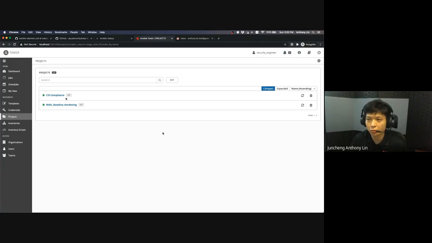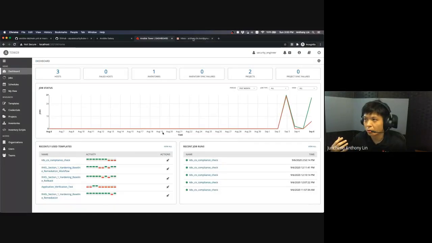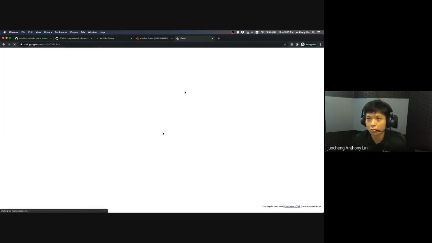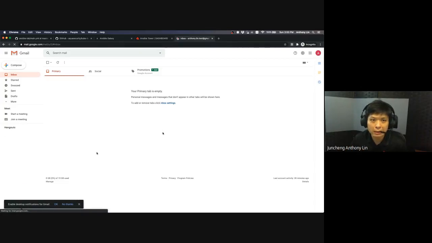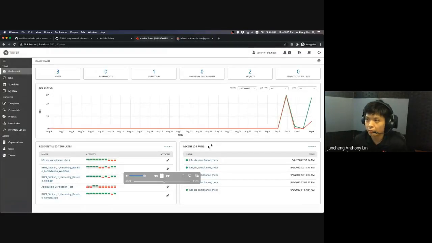If you look at the project, I'm pointing to the Git repository that I have. Again, we are making sure that we are doing things like a Git pull, to make sure that the playbooks are updated before we run the particular job. So that's what we have. If you look at my inbox, it is empty. I'm waiting for Ansible to send me the report after everything is done. I just wanted to show that it's clean at this juncture in time. Right, so then we go back to the dashboard.